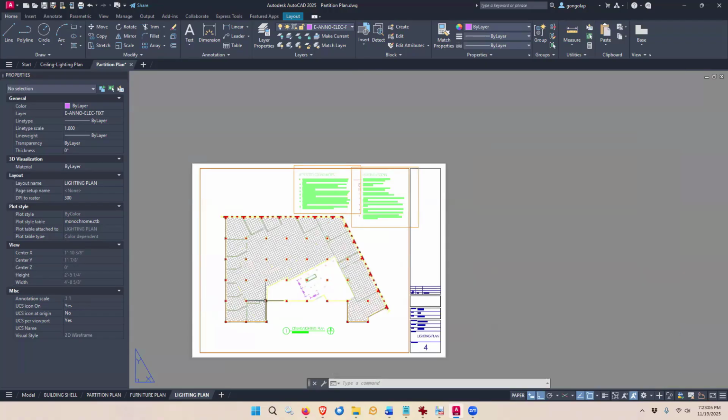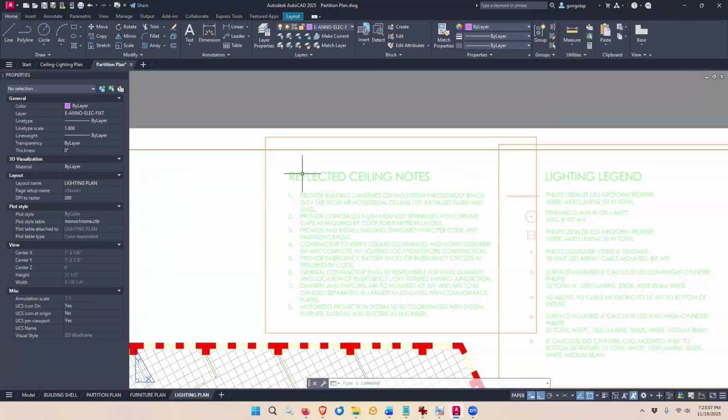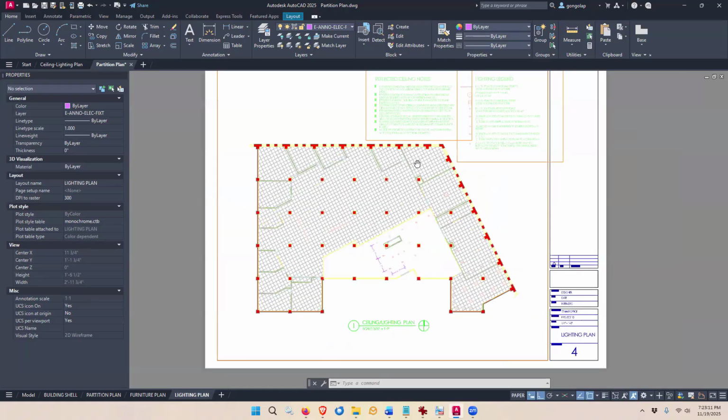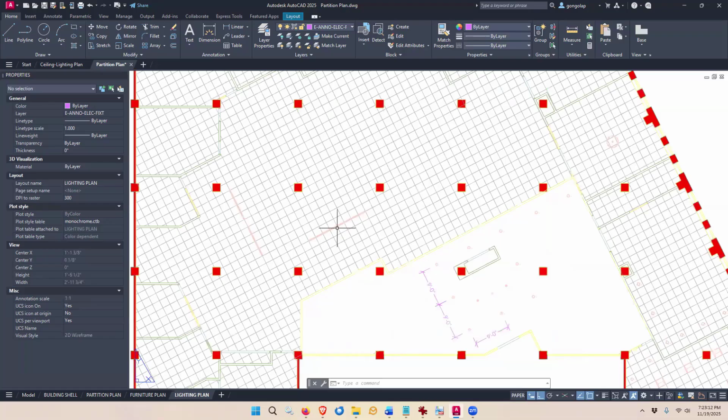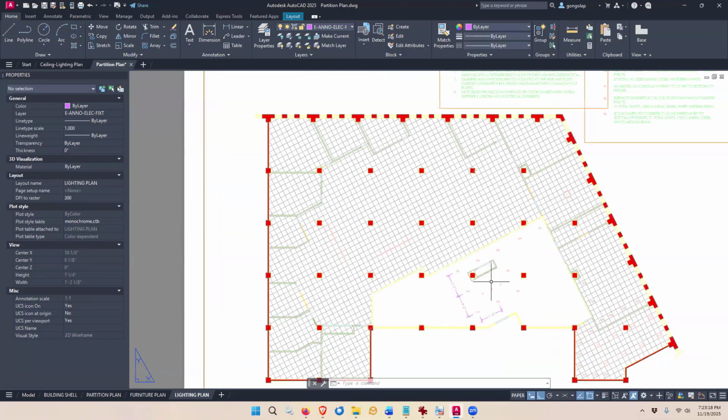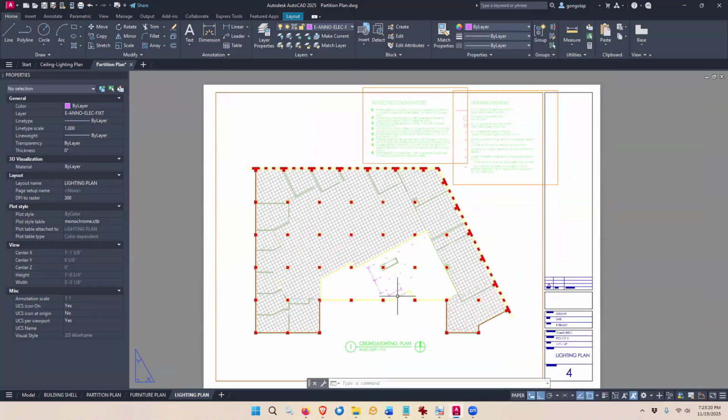And that's it. So I've got my reflected ceiling notes. I've got my lighting legend notes. I have my reflected ceiling plan here with all the light fixtures on. Obviously I don't have all the fixtures on because I just did a few of them, and everything I think looks pretty good. If I do a plot preview,